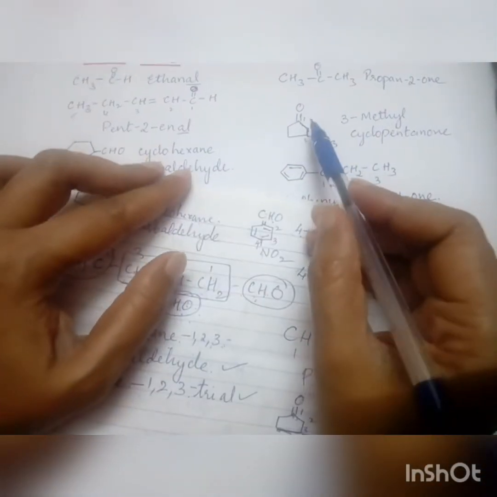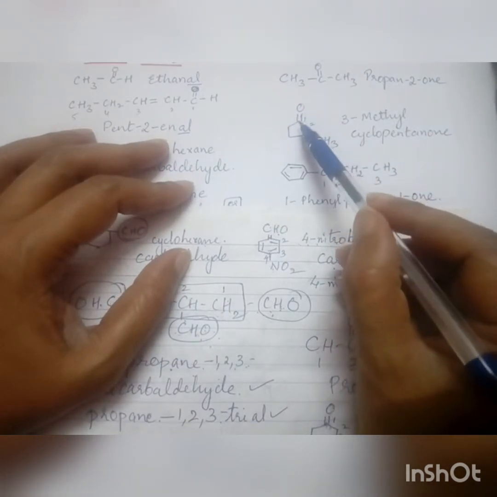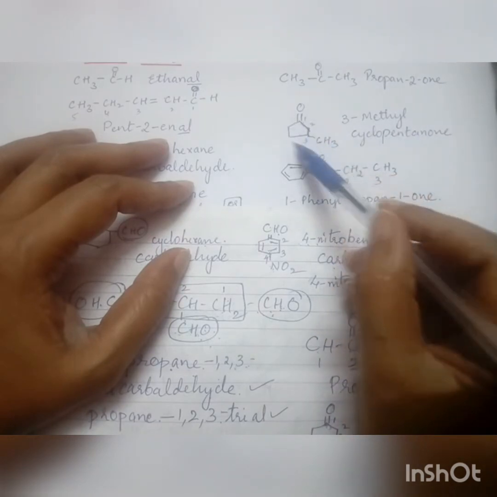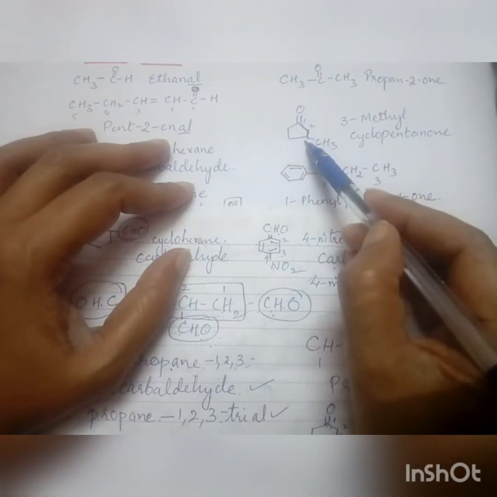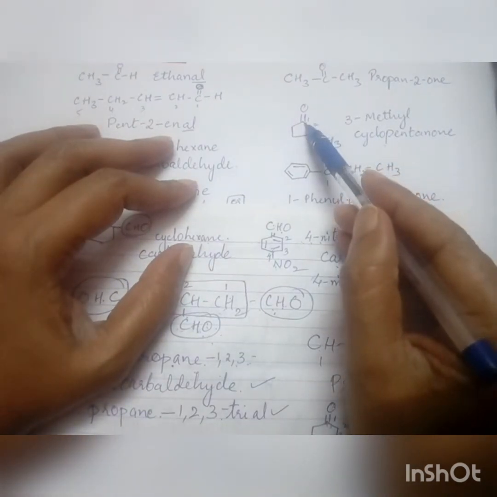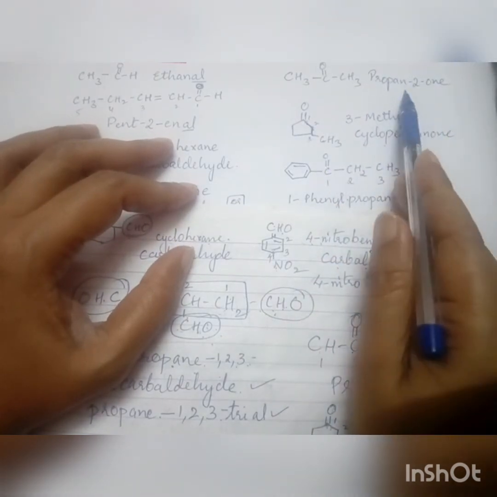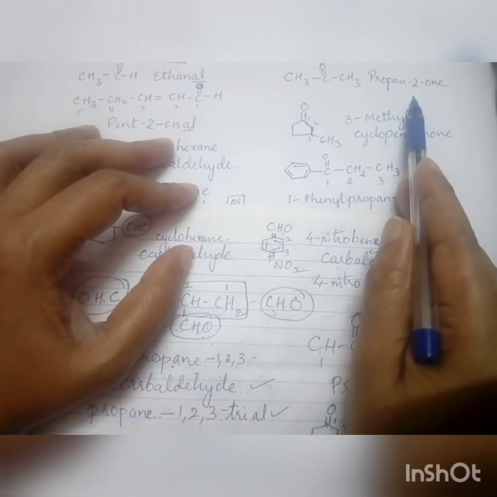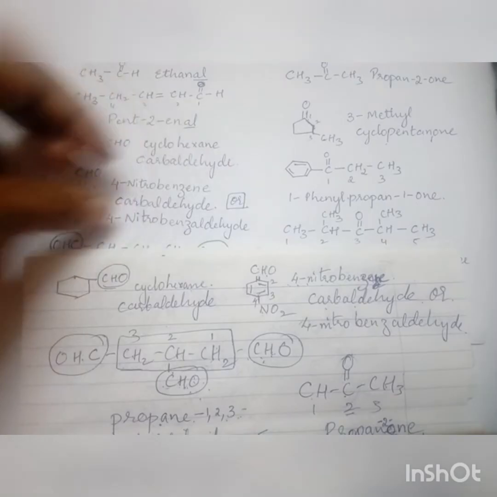So you can see there is a CH3 here and here there is a C double bond O. This is cyclopentane, so cyclopentanone, the last letter E is replaced by ONE. On the third carbon atom, methyl is present. So 3-methylcyclopentanone. Because this oxygen is present on the first carbon atom, you need not mention the position here. But in the previous case, we mentioned it because it is present on the second carbon atom. Here it is on the first carbon atom, so we need not mention it. Next, let us take one more example.